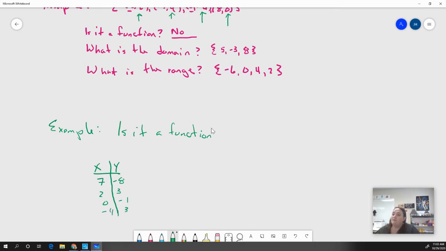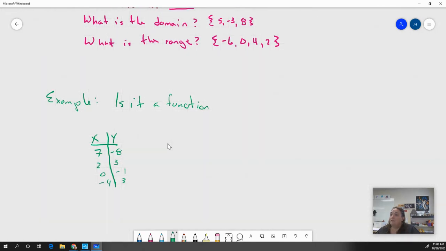And I'm asking you, hey, is it a function? Just like the set of ordered pairs, I can come down here and I can go, do I have any overlapping x's? Do any of my x values repeat? The minute that I say no to this, I can say yes, it's a function,